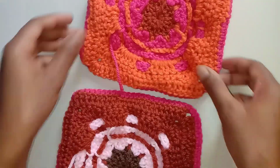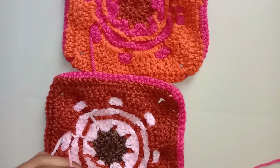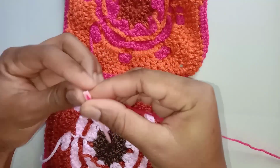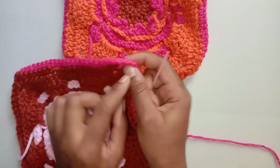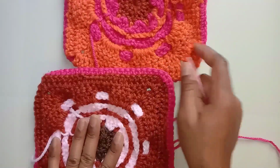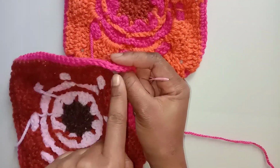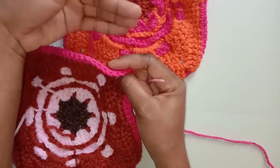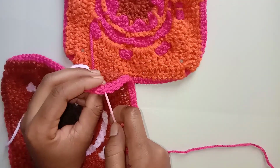Or you can join your squares by working on the wrong sides, but you're going to work in the loops that are facing each other. Let's just try that to see how the other side is going to turn out looking like. So this time around I'm working with the wrong sides facing up and the right side facing down, and instead of working the loops that are on the outside, I'm going to work on the loops that are inside. So I'm going to work in the front loops instead of the back loops this time around,